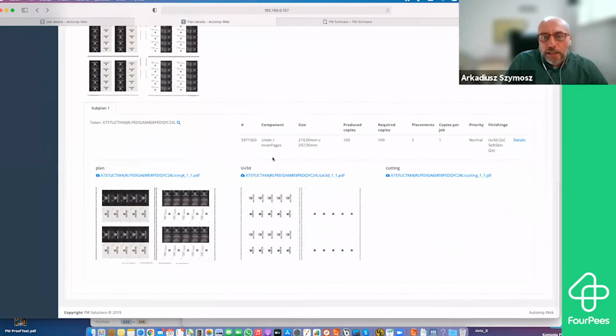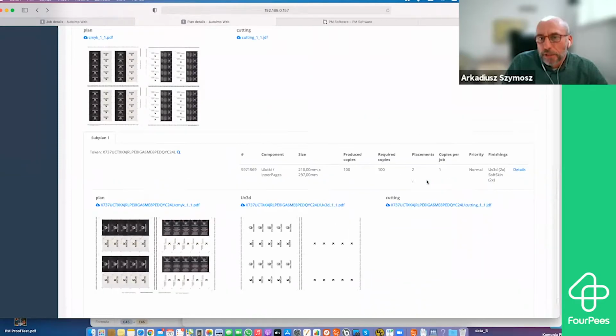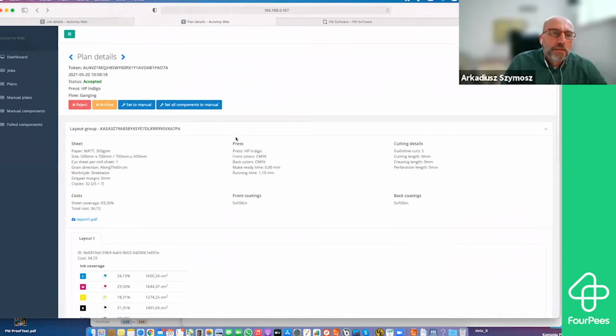And this cutting is how to cut the rest of the jobs which are put here on the guillotine. All of that is supported by us. What else we've got here? We can reject such a job. We can cancel the job. We can update the job and send the job once again to the system, where there is a behavior,